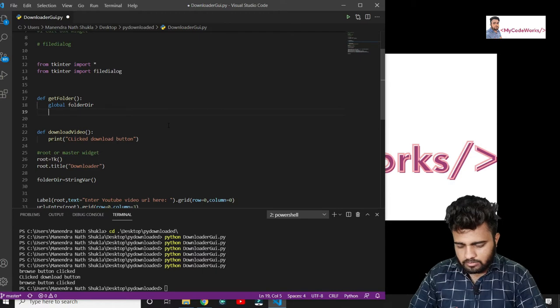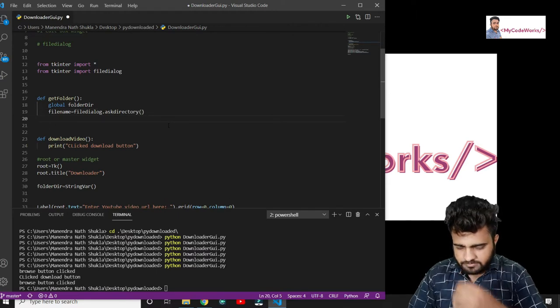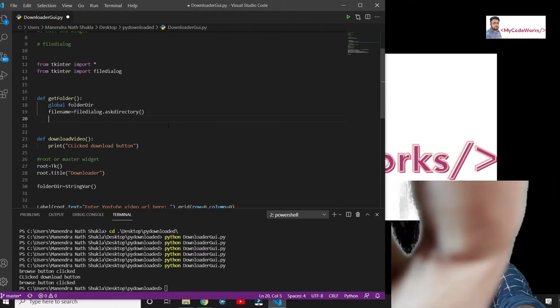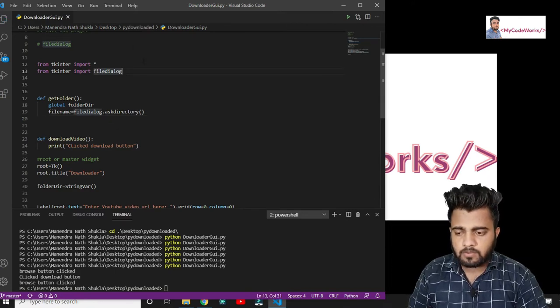Using global, we get this one, folder directory. And after that, the file name, so we will try to get filedialog.askdirectory.